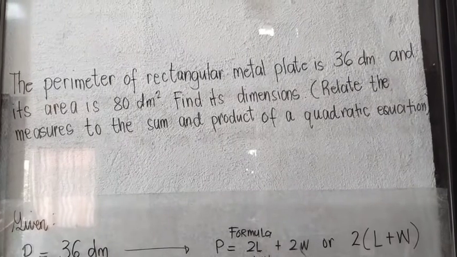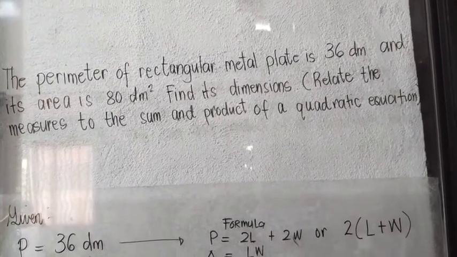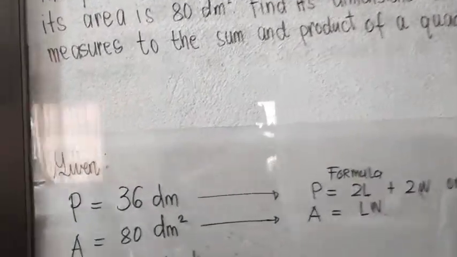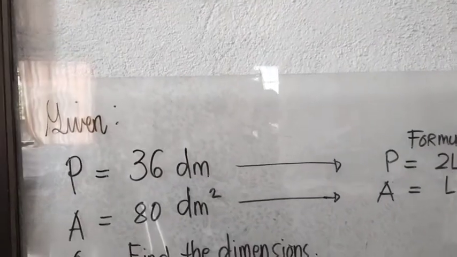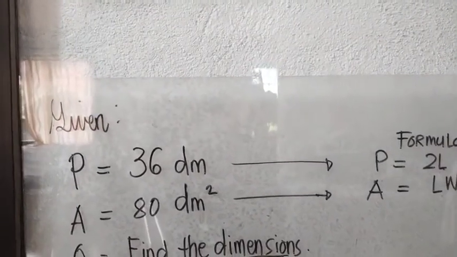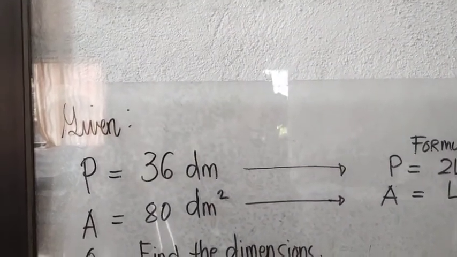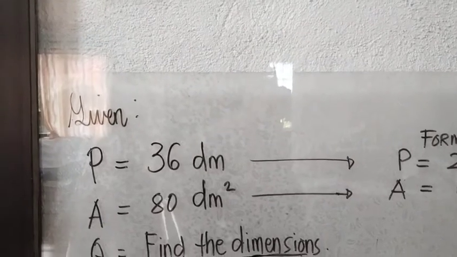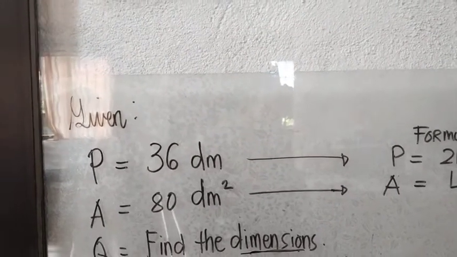Okay, in this problem, the first thing to do is to write the given. So, ito yung given natin, where your perimeter is equal to 36 decimeters and your area is 80 square decimeters. And then,